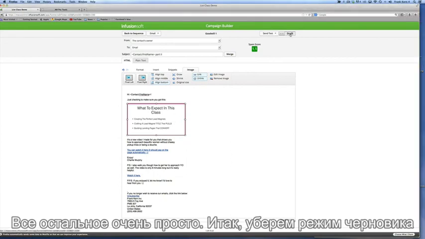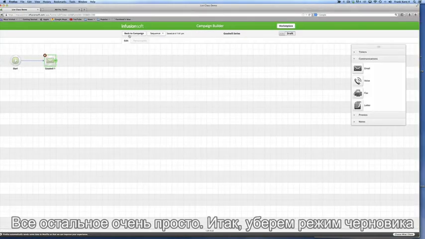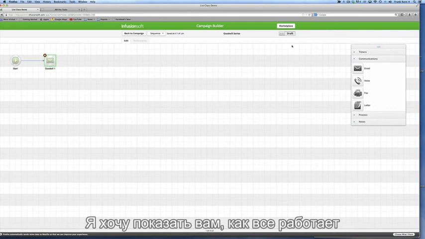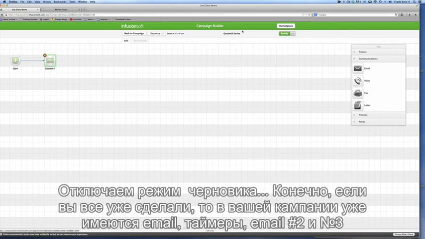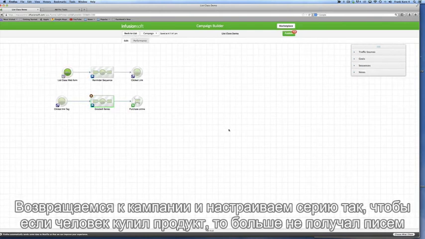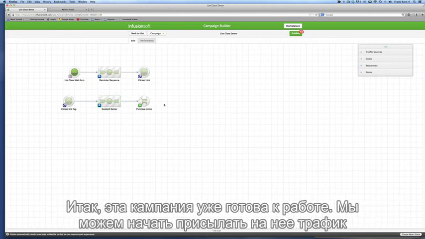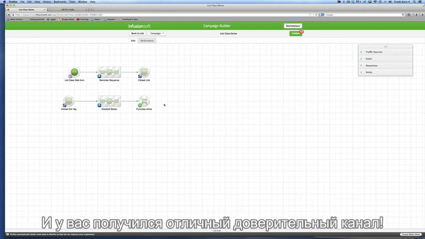So I'll go ahead and get this out of draft mode, and I'll show you how to get everything up and running. Obviously, if you were to complete the whole thing, I'm just not going to make you watch me do that because it's redundant, you would have your email, your delay timer, and your email 2 and 3 over here as well. We go back to campaign, we set it up so if they purchase, they're not getting these, so we're not going to bother them. So this is ready to rumble. We can go ahead and send some traffic here, and you've got a nice little Goodwill funnel set up,